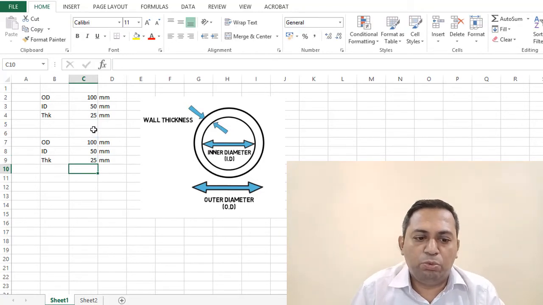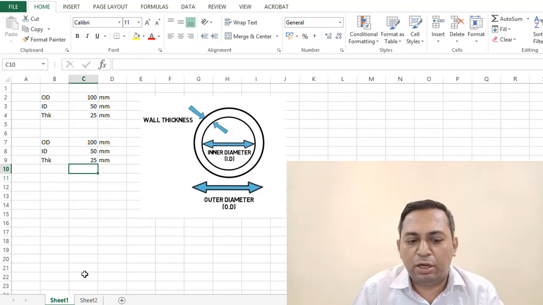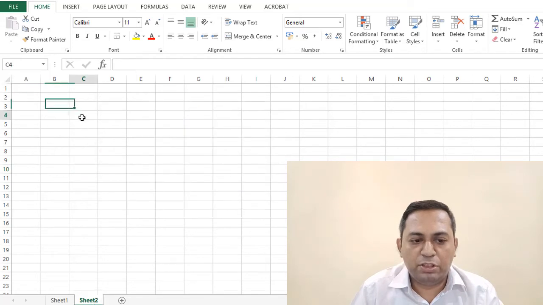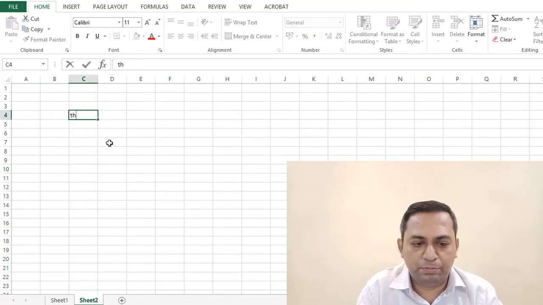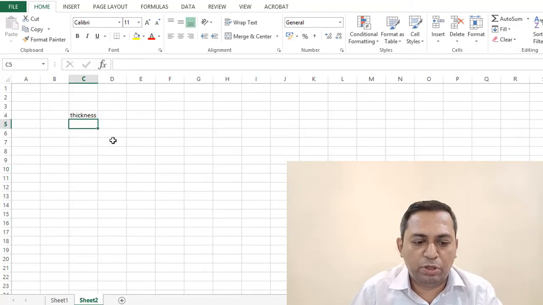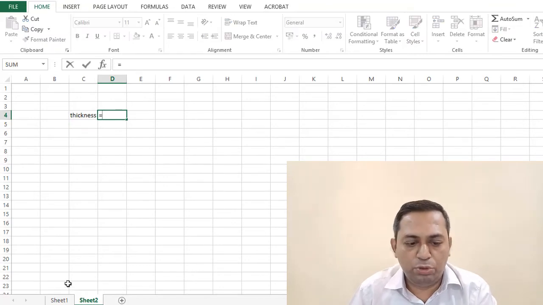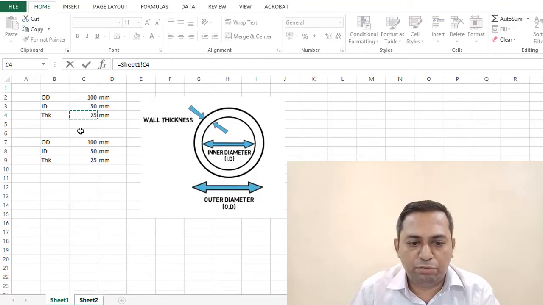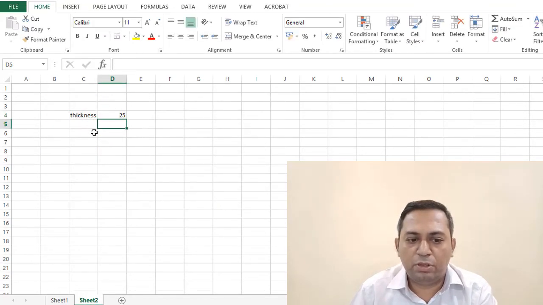Okay, now what we see is that we are doing the same thing, but I will put it in a different perspective. For example, I want the thickness here, which was calculated in the previous sheet. One way is to say equal to, and take it from here, and it will come.